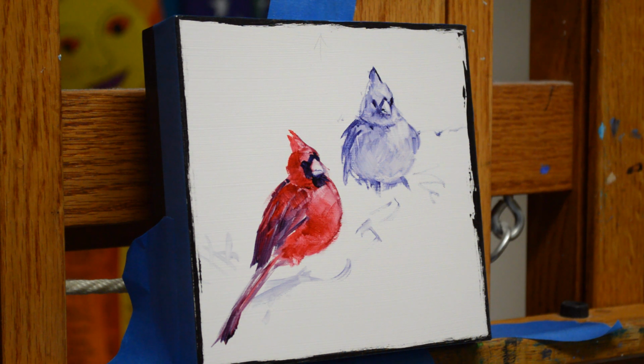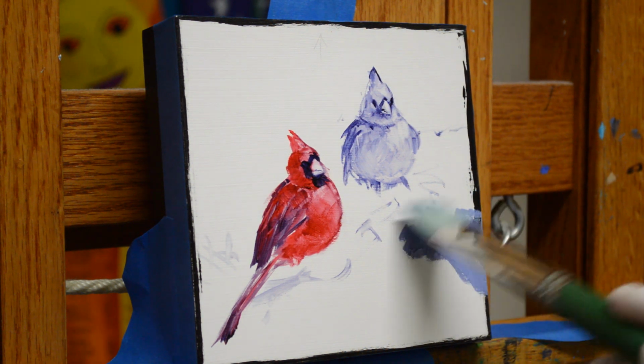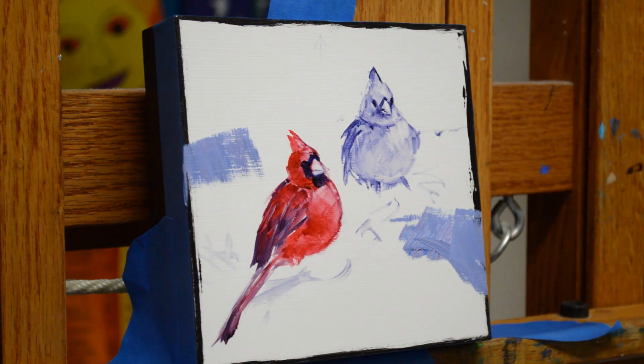I'm working on a winter painting today. Snow and cardinals, and this is a little different touch for me, so it's kind of a learning process. And I have my reference material on the computer right next to me on my laptop, and I have washed